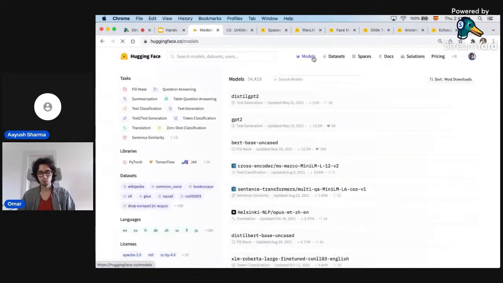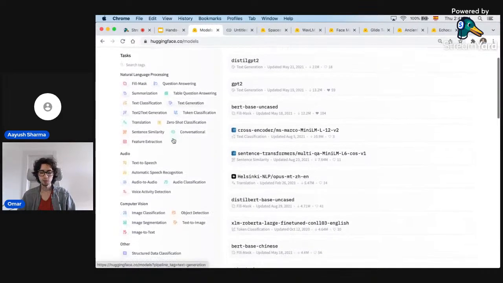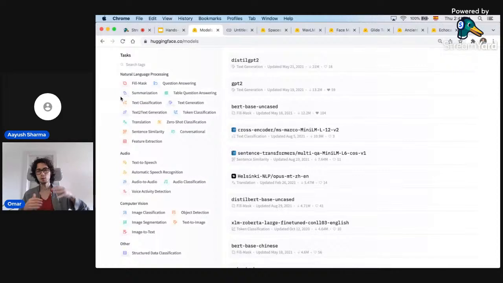Going back to all the 30,000 models, we actually have models for quite a few different tasks. So we have NLP tasks. Summarization, for example, is giving a large text, and the output of the model will be a summary, a smaller text of the same input. Text classification is similar to sentiment analysis. Sentiment analysis is actually an example of text classification. There are even translation models, which are able to translate from English to Spanish, English to German, English to Hindi.